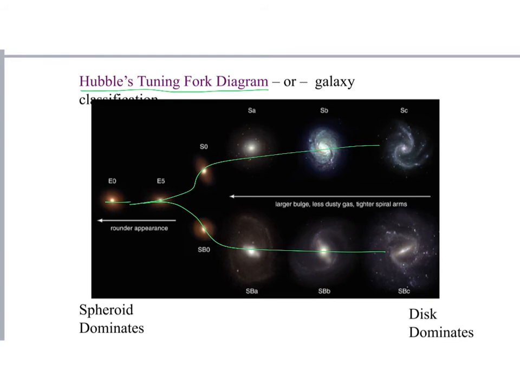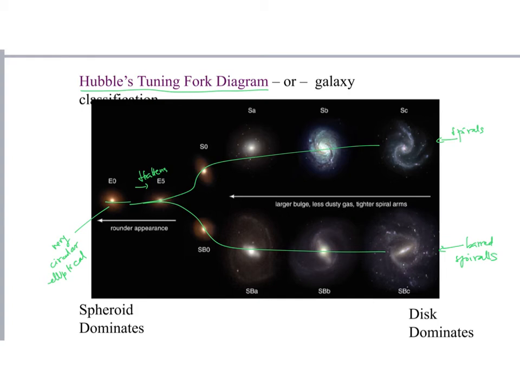So here we have an elliptical galaxy classified by how flattened it appears, right? So the very circular one, very circular elliptical galaxy, so the roundest, and then it flattens, and you get to the type of E5, and then we see spirals. So these are spirals, and here are the barred spirals,